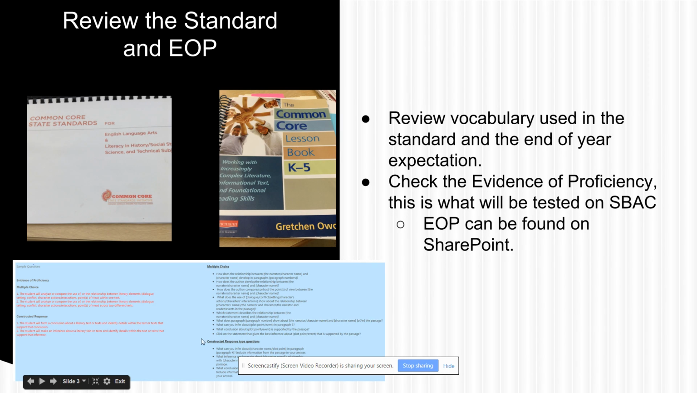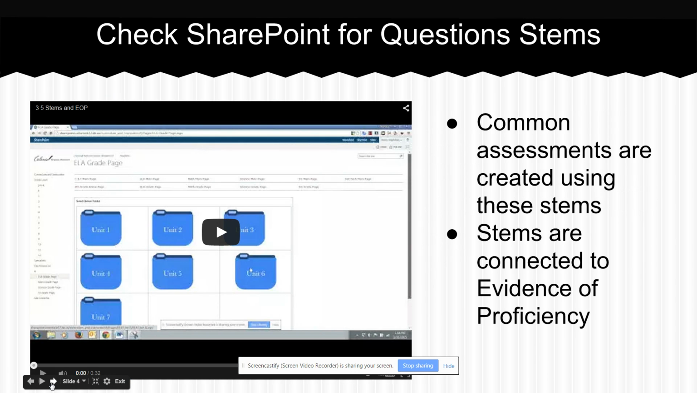If you notice here, this is an excerpt from SharePoint. Here is your evidence of proficiency, and these are the questions that may be asked from the evidence of proficiency on SBAC. So that's just something to think about. On the next slide, I'm going to show you where to find those question stems from the evidence of